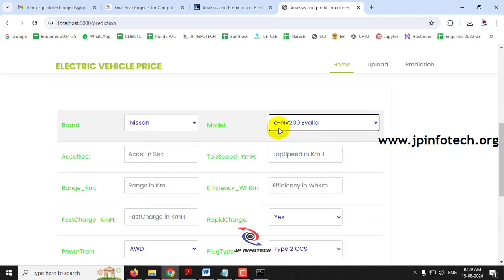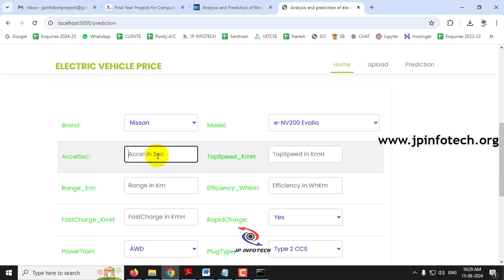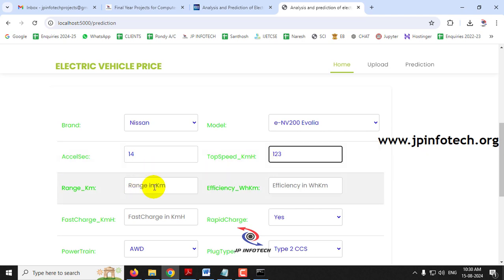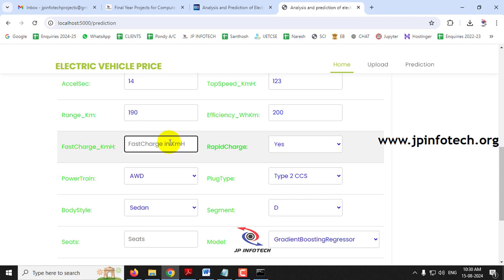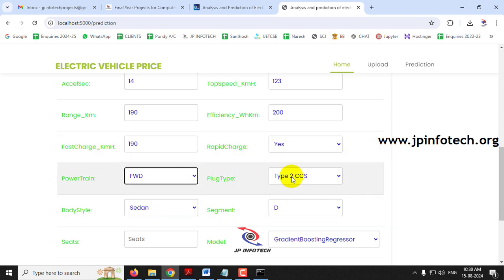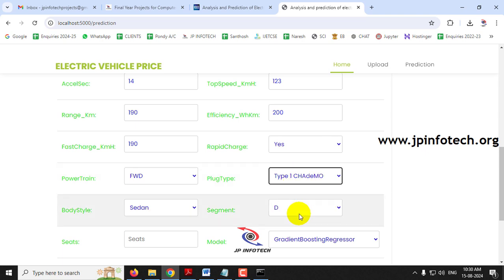Now let me select the model as ENV200, and the acceleration in seconds is 14, top speed is 123, range is 190, efficiency is 200, fast charge is 190, rapid charge yes, powertrain as front wheel drive, plug type is type 1, and body style is SPV, the segment class is N,